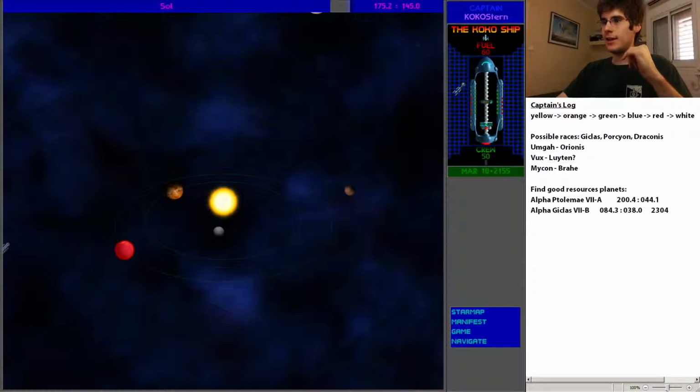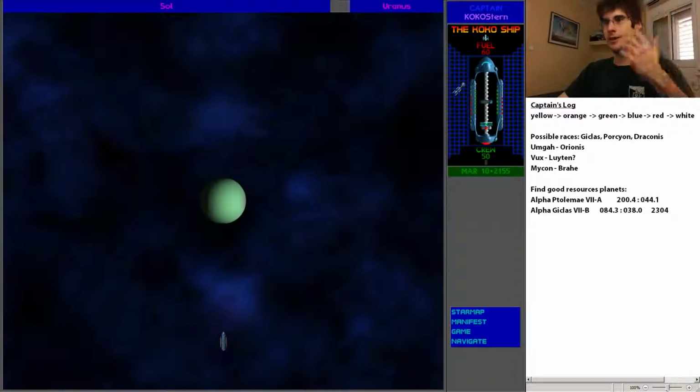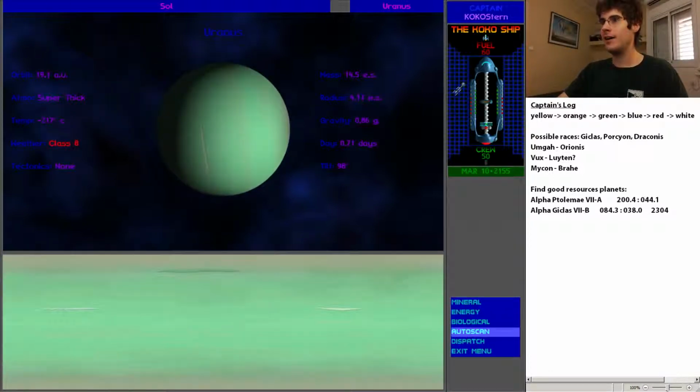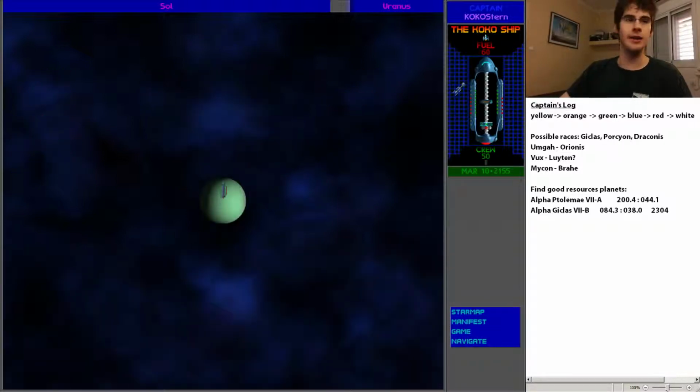You can actually check out most of them by just going in and seeing if there's anything worth taking. Like, we happen to get here by an accident, so whatever. So let's just see what this planet has. If we scan, it's Uranus, and it has absolutely nothing, but the weather is class 8, which is horrible, and there's no point in going in here, because there's nothing here. So we're not going to go in here, because there's no resources, there's no reason for us to go here. But,